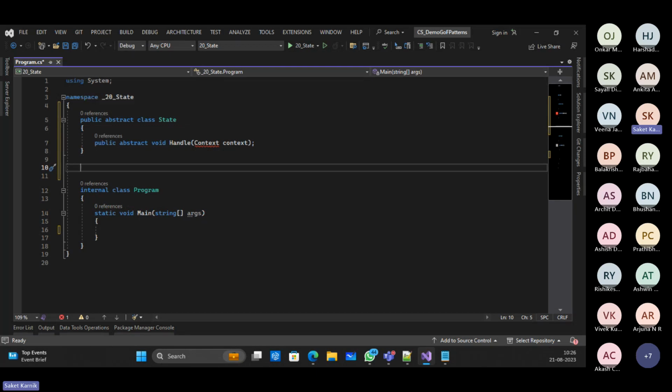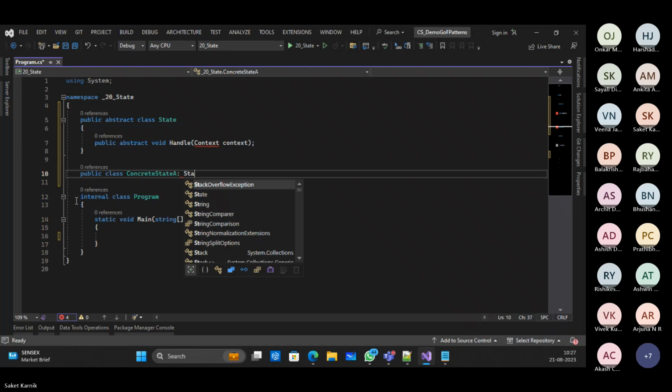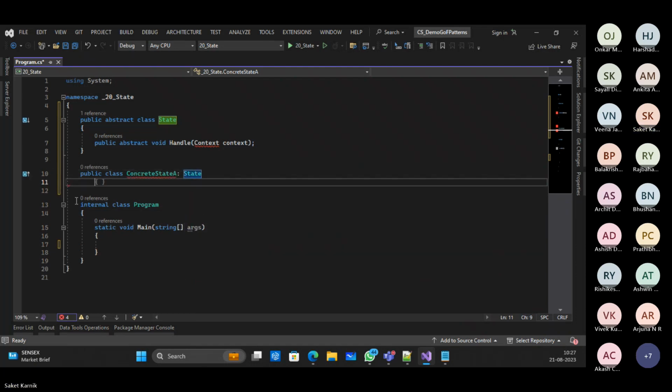First, I'll create the concrete implementations of the State class. So let's say here goes my first one. Public class ConcreteStateA inherits State,